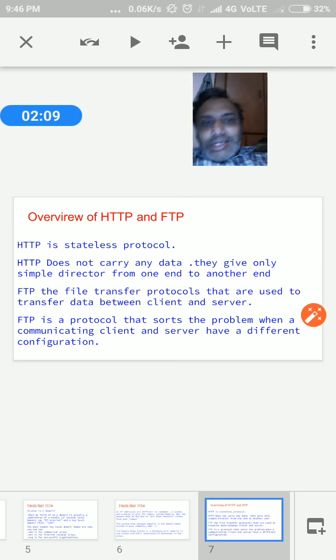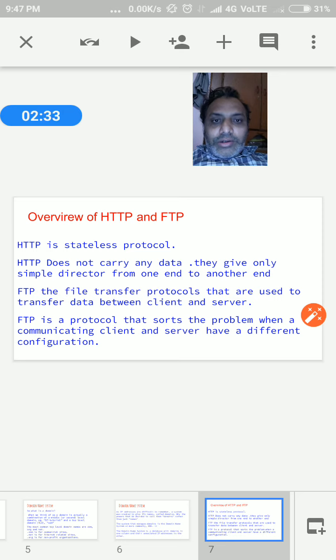What do we mean by a stateless protocol? A stateless protocol carries only the address, the application naming. It carries the name only; it does not carry any data.